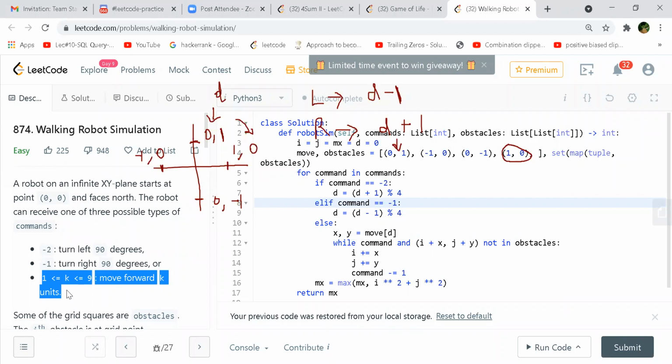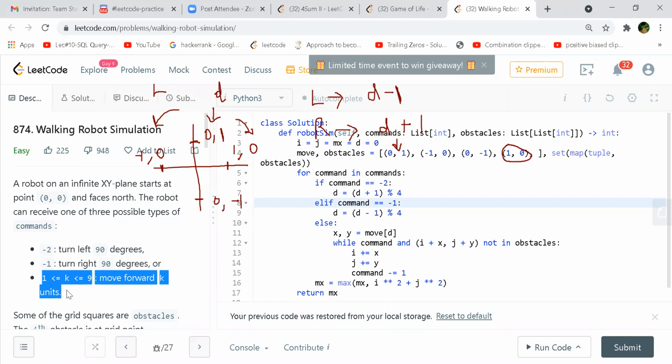That's what I'm trying to understand. This is how it is, right? If I map it to this 2D grid or 2D XY axis, it will come like this. So if I move in this direction, this is the right, clockwise direction, and anti-clockwise direction will be the left direction. So if I'm at 0, comma 1 and I'm moving to the right direction, it should be 1, comma 0, which is +1.